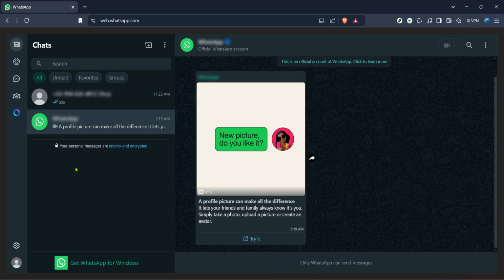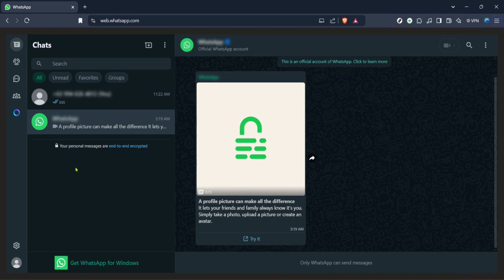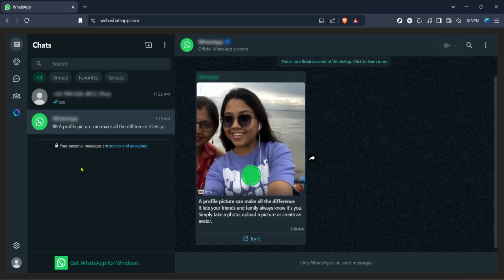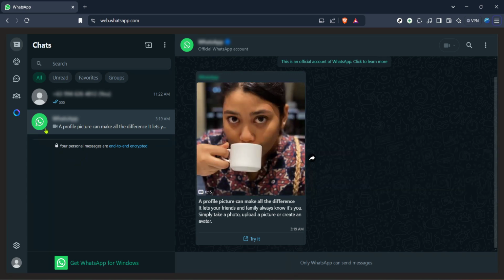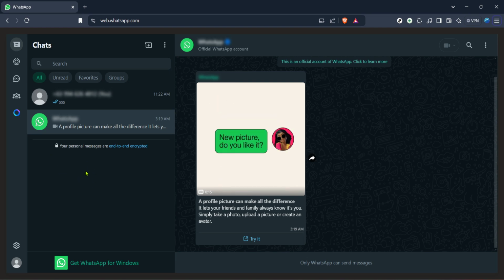Firstly, open your preferred web browser. This could be Chrome, Firefox, Safari, or any other browser you're comfortable with. Type in the web address for WhatsApp, which is web.whatsapp.com, and hit enter. You'll be greeted with a QR code, which you'll need to scan using the WhatsApp application on your mobile device. This links your mobile account to your web session, seamlessly syncing all your chats and allowing you to use WhatsApp directly from your computer. Once logged in, you'll notice a familiar interface if you've used WhatsApp web before.